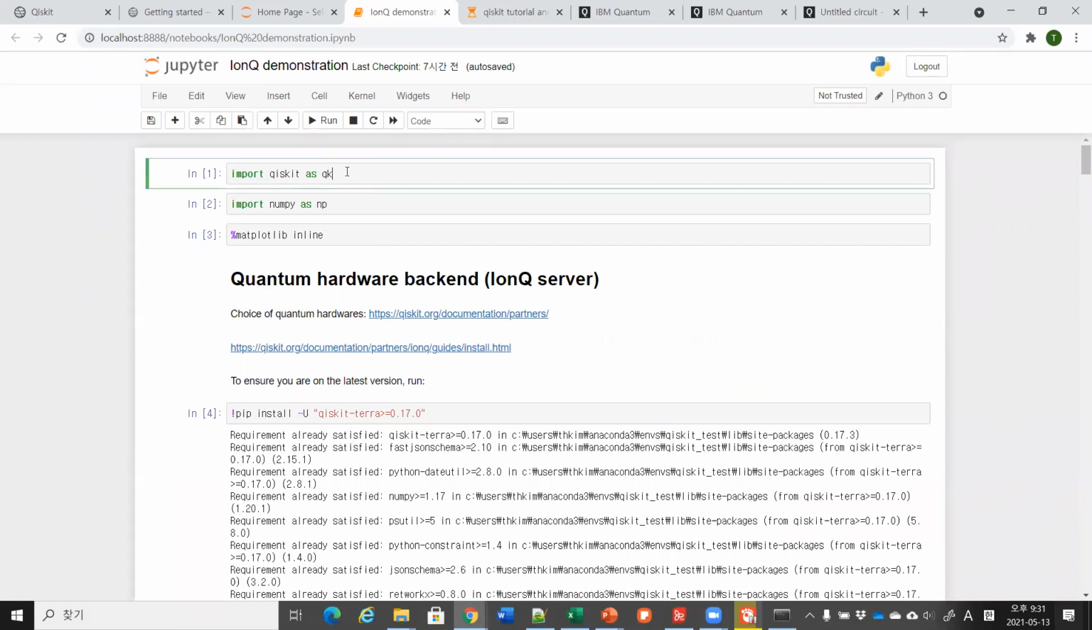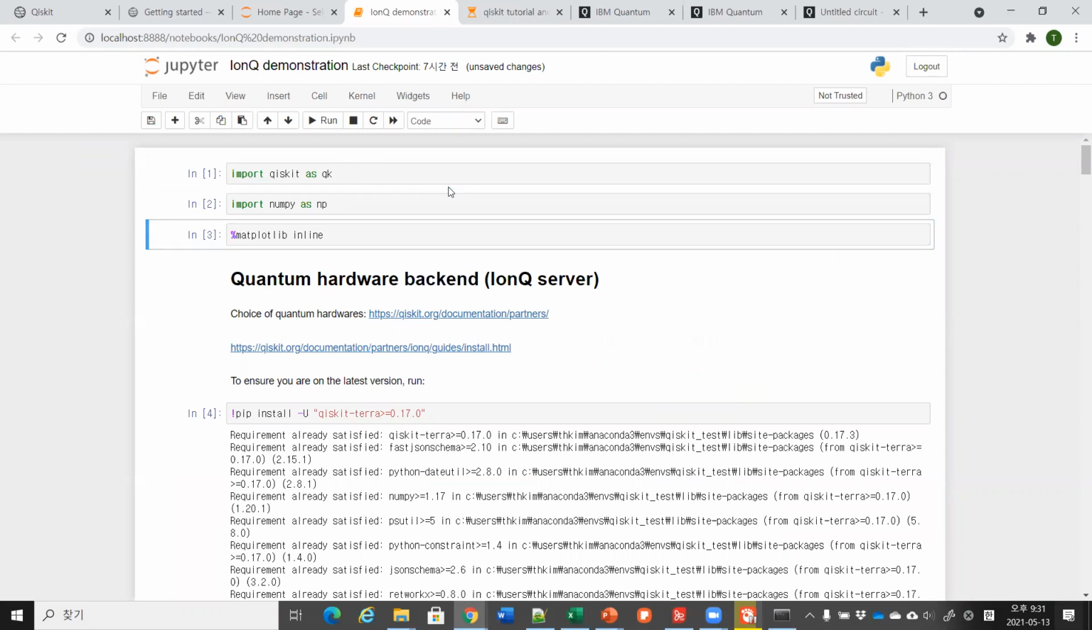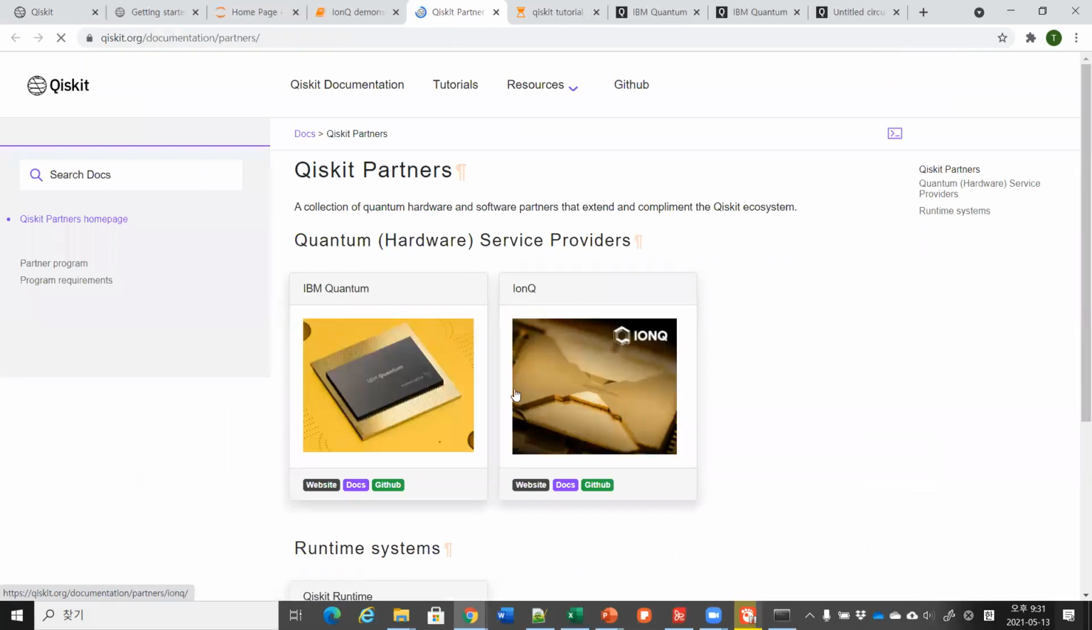So you will do the same thing with this machine. All you have to do is start with these lines, and then about the documentation, all you have to do is go here, and here you will find the different types of the service provider, and then if you are interested in